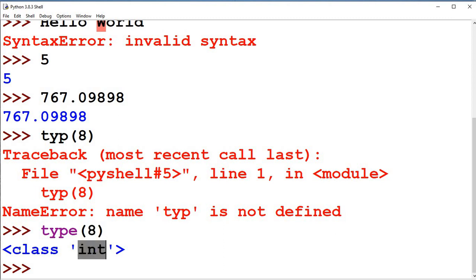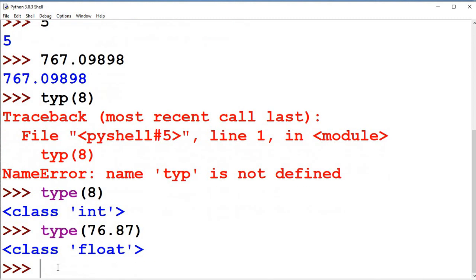Forget about this class, you will learn later. Suppose I write type and inside write something point something, it will show you float. That means fractional numbers are called float in the computer.